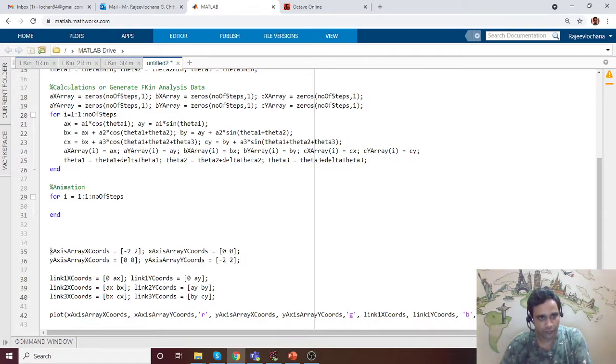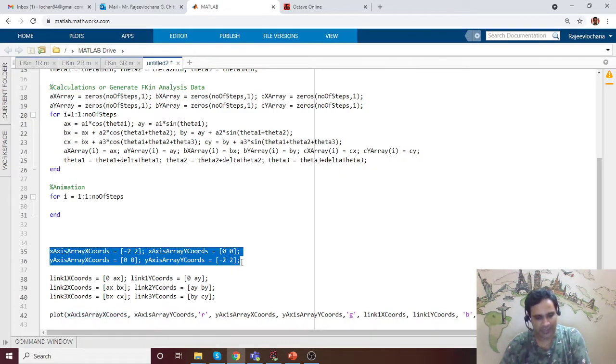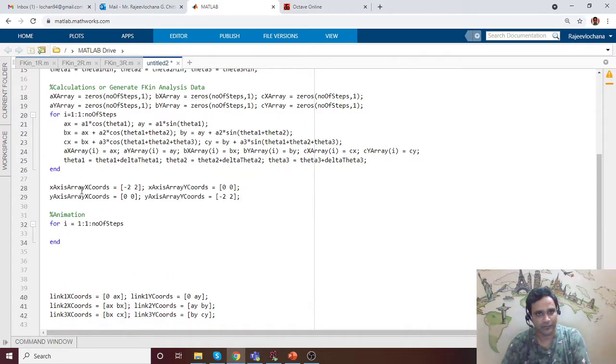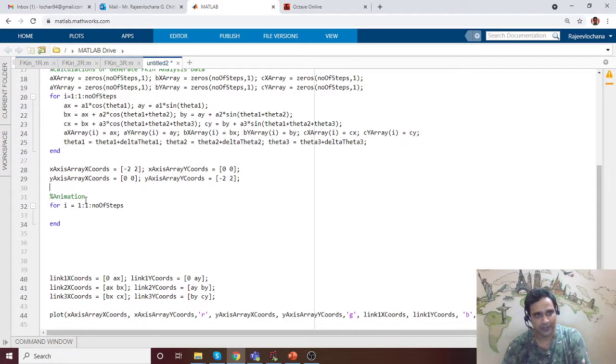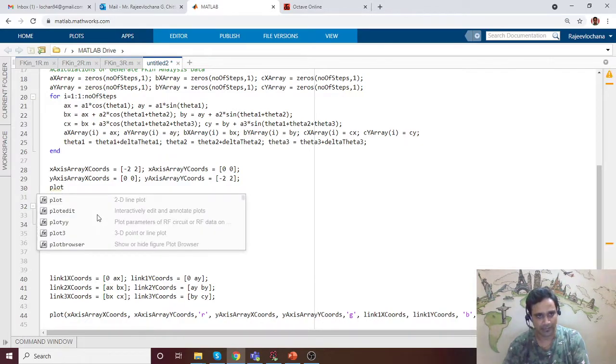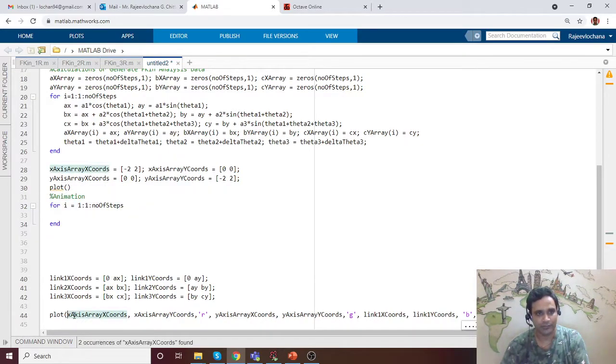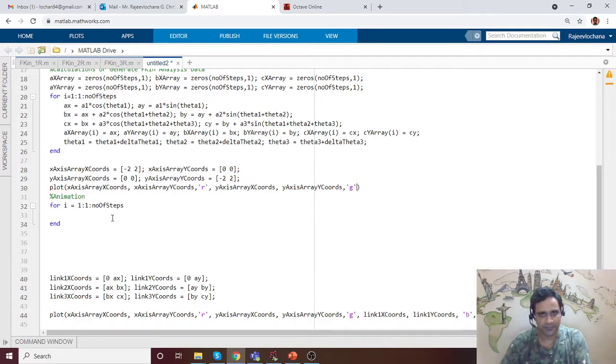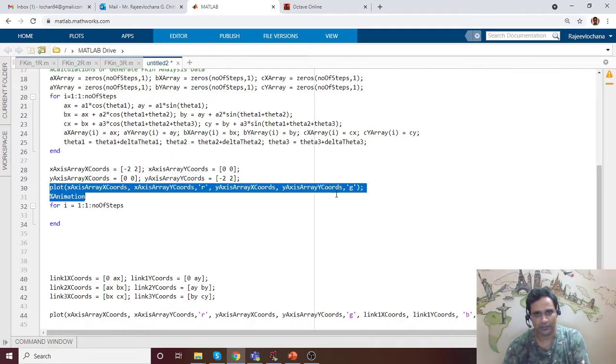Okay, so we don't want the axis system to change. What I'm going to do is I have drawn the axis system and I will use a plot command and draw this axis system. There is a slight deviation from what we had done earlier. When we do this, it just draws something, right? 2 lines. It will not draw any other line because we have not asked it to draw.